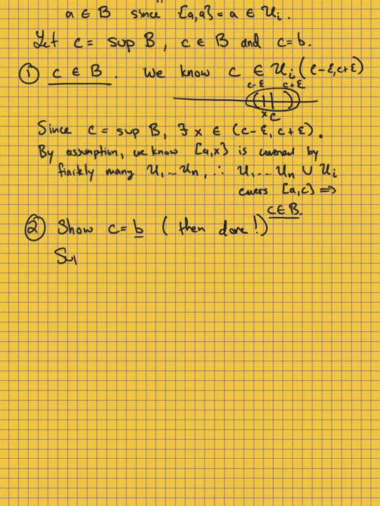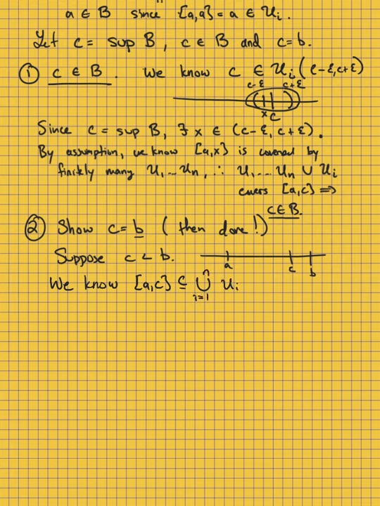So suppose that C was strictly less than b. Again, I'll draw pretty much the same picture, A, b, and C. Then we know that A C is contained in some union